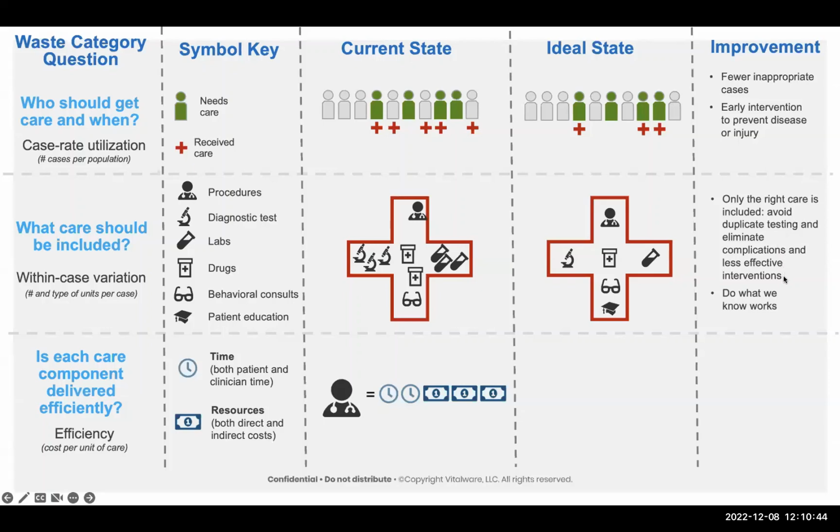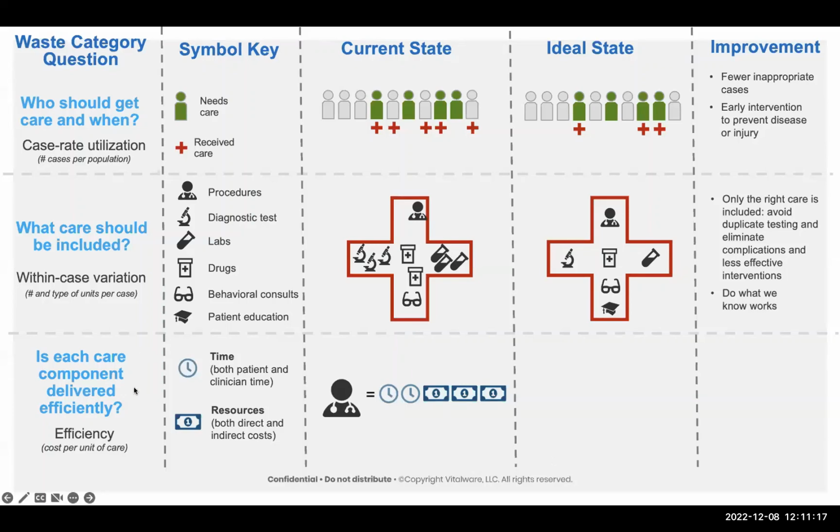So what do I see all the time when I do my audits? Patient comes in, they had chest pain. They get their 3 levels of heart studies in the labs, but then they get a BMP every single day for the day they're there. Why? They didn't have a BMP out at home. They're not being treated for it. This is a symptom of the litigation that's gone on in the past. So we want to avoid duplicate testing, eliminate complications with less effective interventions.